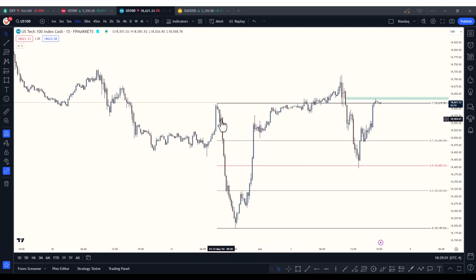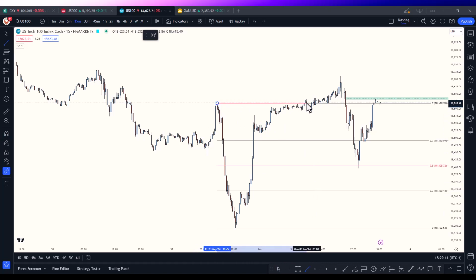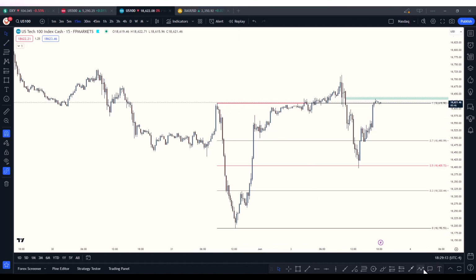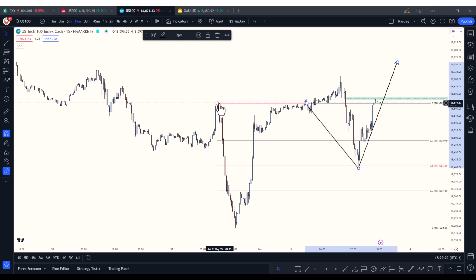So if we wanted to see a flip, we need to see a close above this high, then a pullback to the 50% before moving up. 50% of this zone here, from this high to this low here,